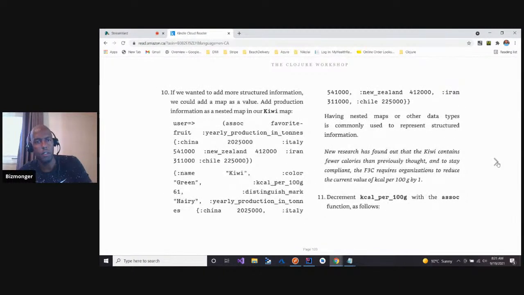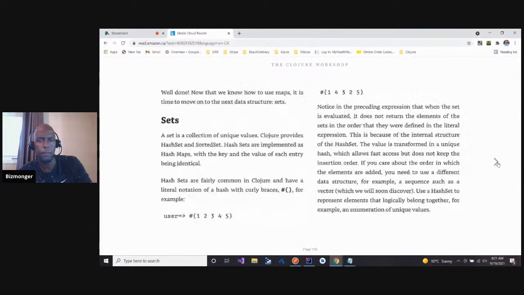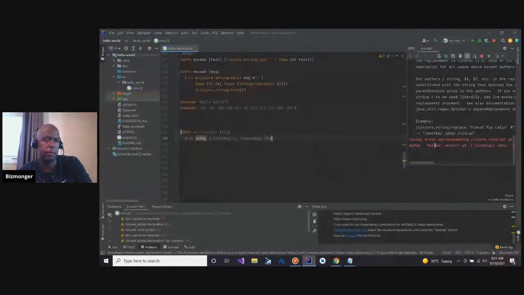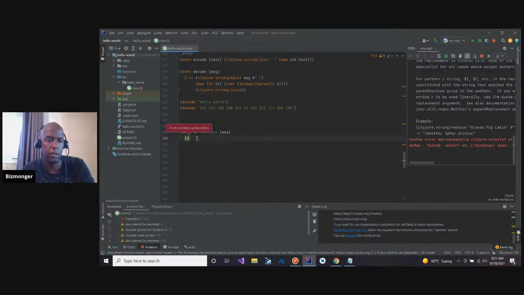Are maps just supposed to be... what if we got rid of this whole thing? Contains. What could I put here?